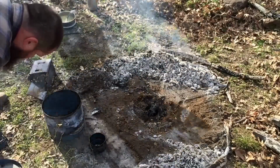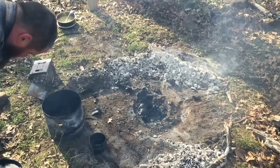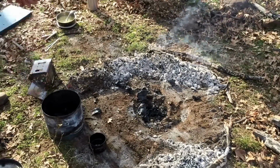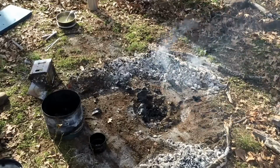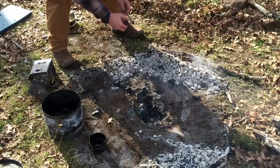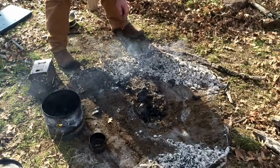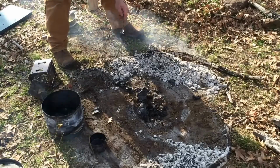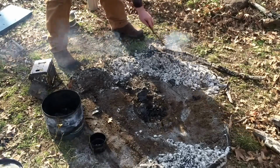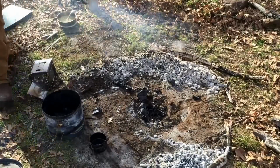So, first time doing it. I'm happy with it. See what this stuff looks like in here. I wonder because it has all that stuff in it. Probably. It's not the pure. It's cool. Never done it before, so